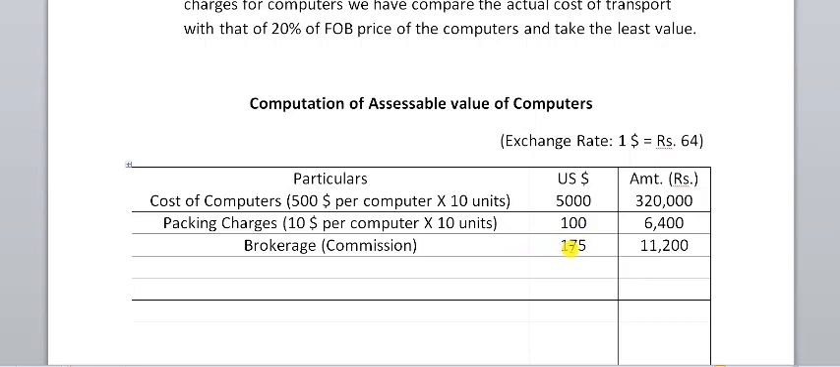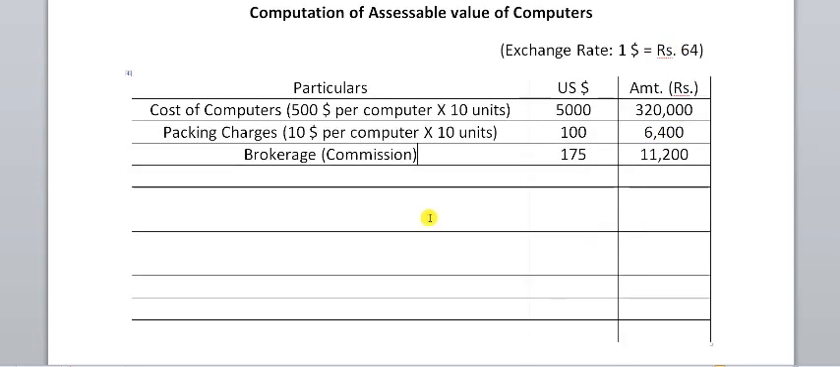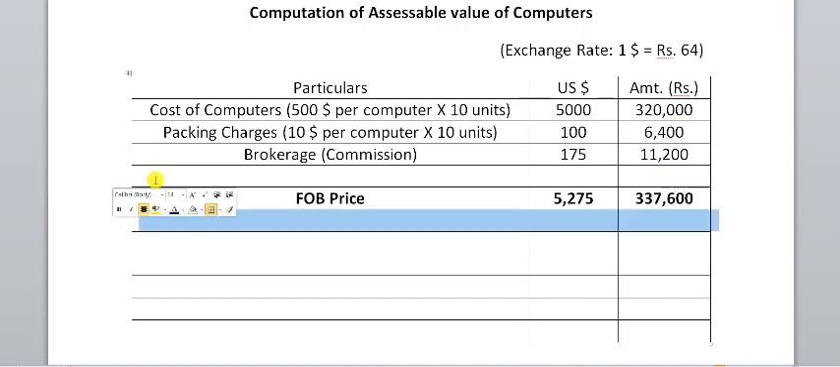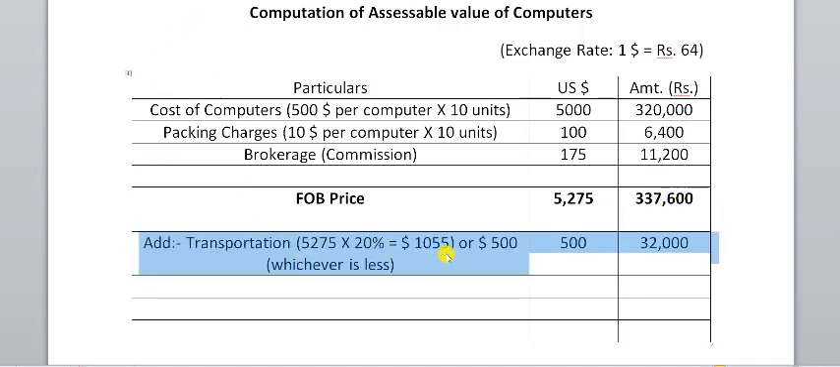$175 is for the whole lot of computers, not for an individual computer. So we'll take 175 as it is, multiply that by 64, and we'll get the commission in Indian national rupees. Once we add all of this, we'll get the FOB price: 5,275, and 3,20,000 plus 6,400 plus 11,200 gives 3,37,600. So before adding the transportation charge, what we have to do, because the computers are brought through